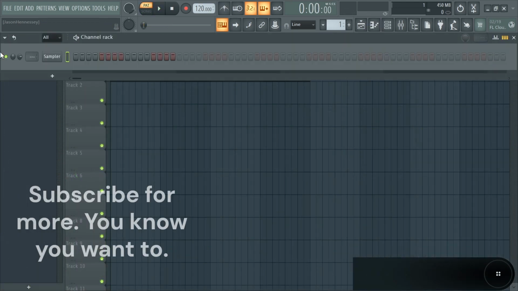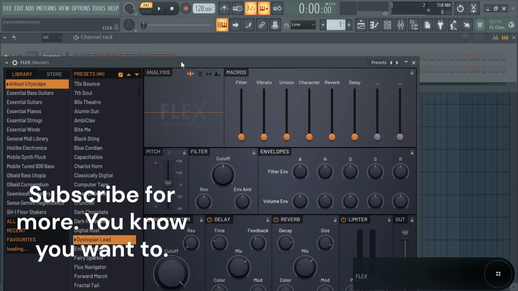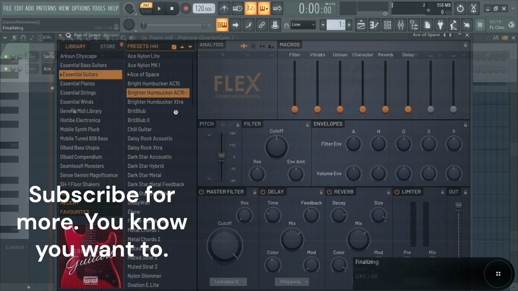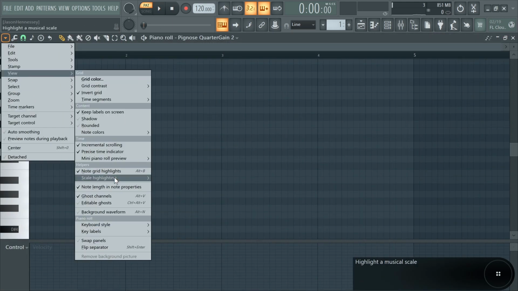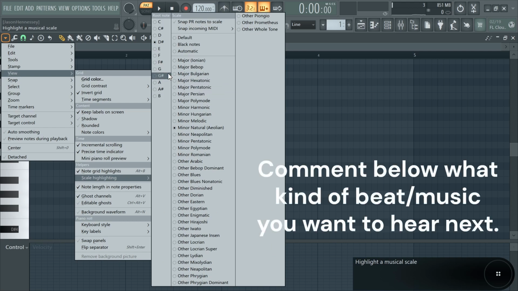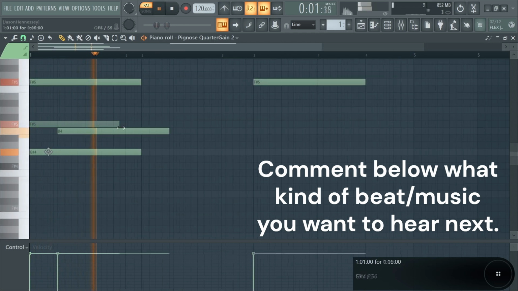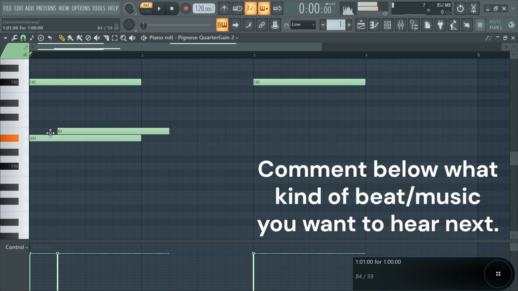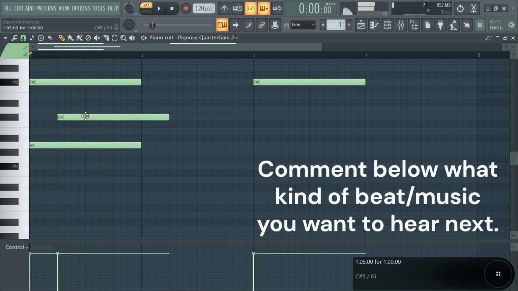Okay, let's make a melody. I think what I want to do is make something with some guitars. The key doesn't really matter to begin with. We can always change it. Let's start with F sharp minor for no reason. It's kind of happy. I like that. So let's go with